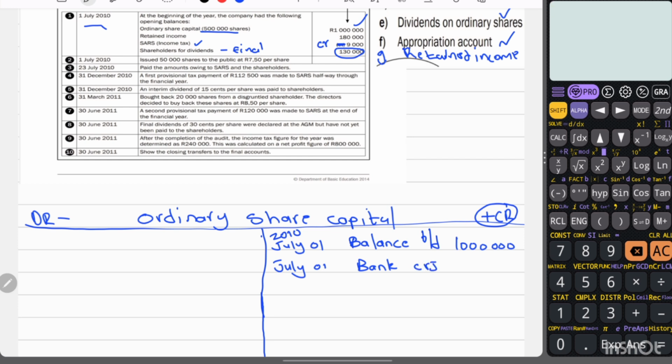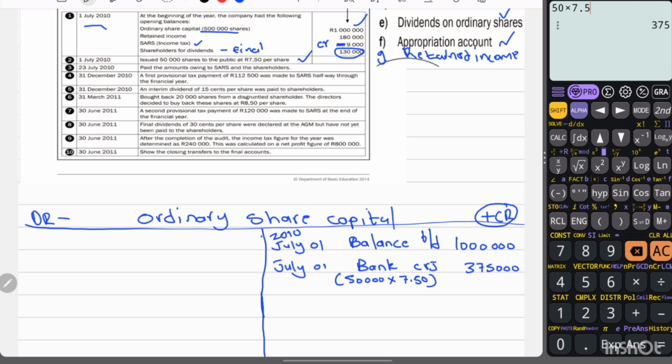Okay, and then we must write our calculation now in brackets. It's going to be 50,000 multiplied by 7.50. Then my answer is going to be 375,000. Then I'm done with number 2. All right. Number 3,